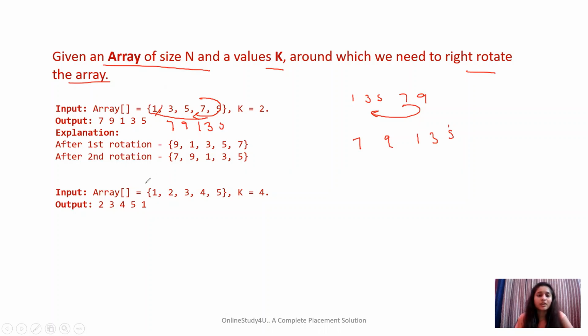Let's see one more example. Here I have 1, 2, 3, 4, 5, and k equals 4. Now if my k is equal to 1, then what will happen? My array will be rotated once, and 5 will come to the beginning, and everything else will be in the